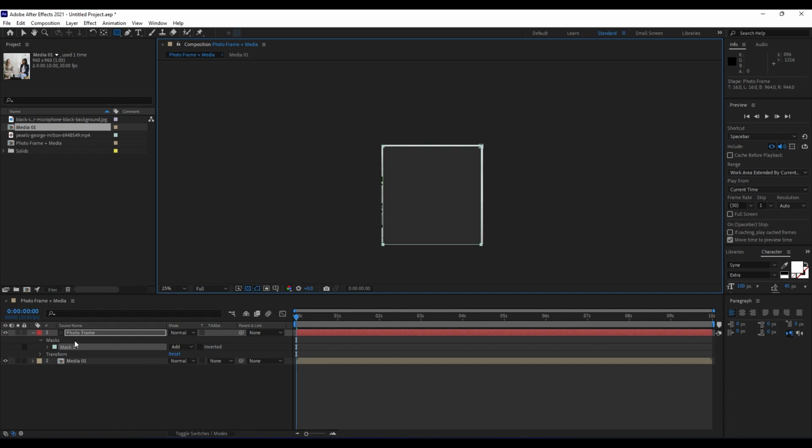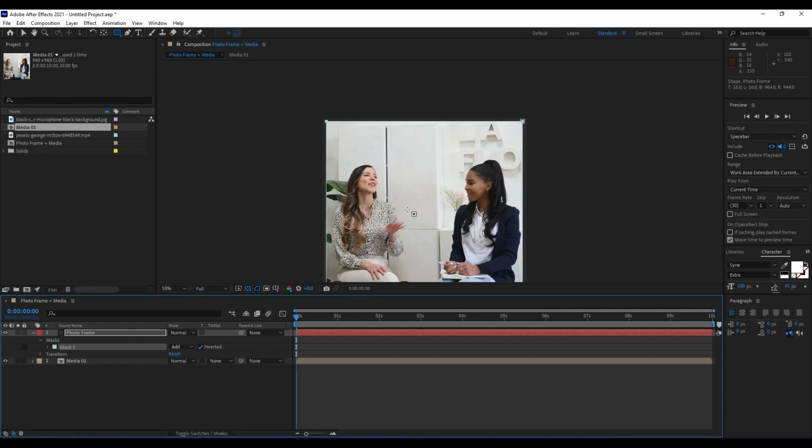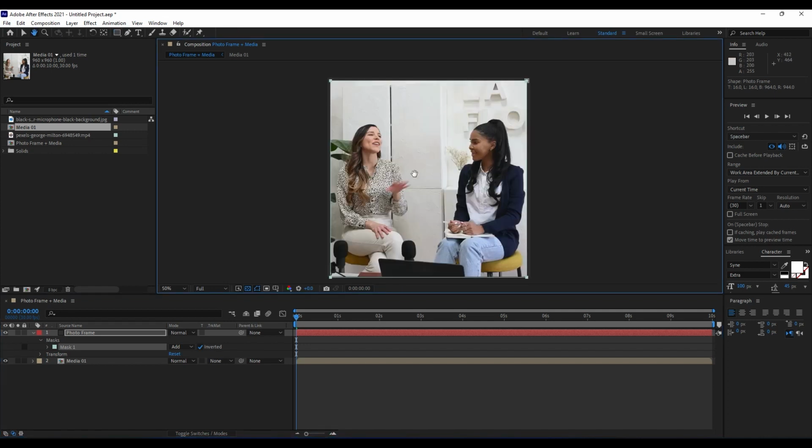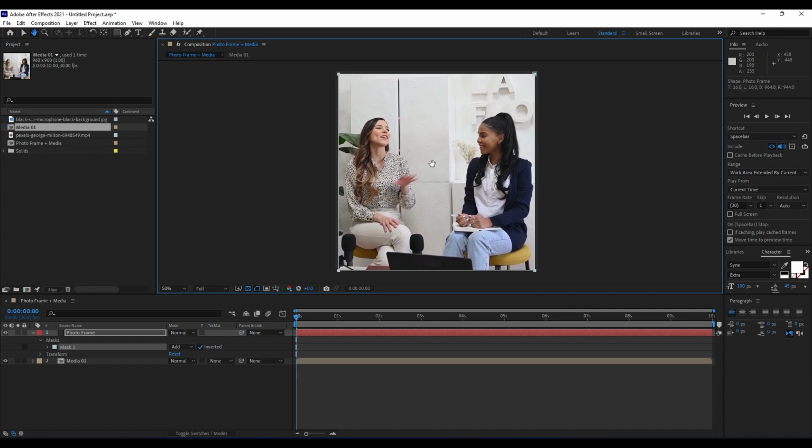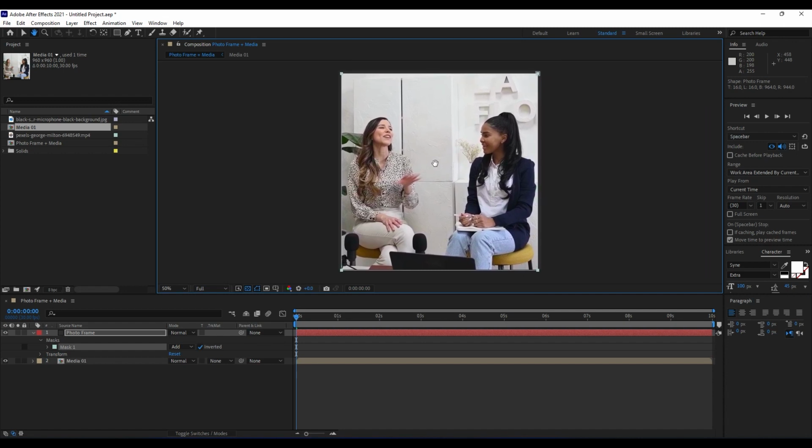Okay, after you draw a rectangle like this, go here in mask, then hit this inverted button. Okay, I'm holding space on my keyboard to drag this media 01 on the left or the right side, and